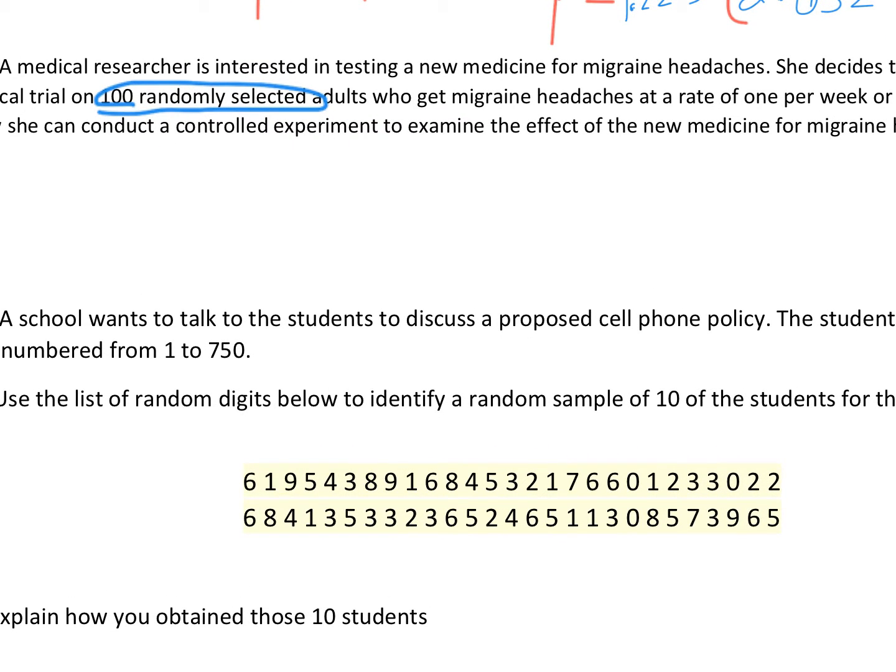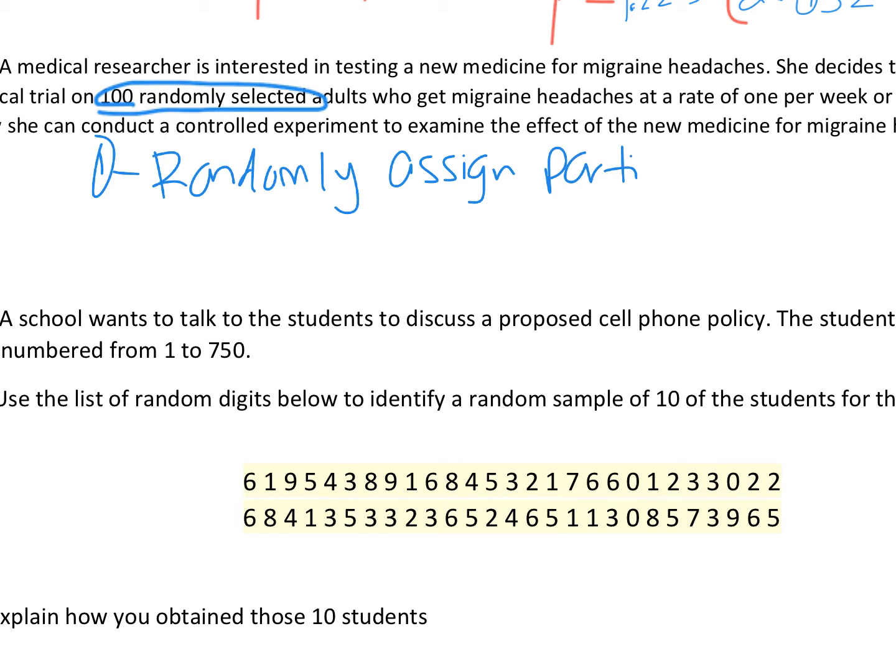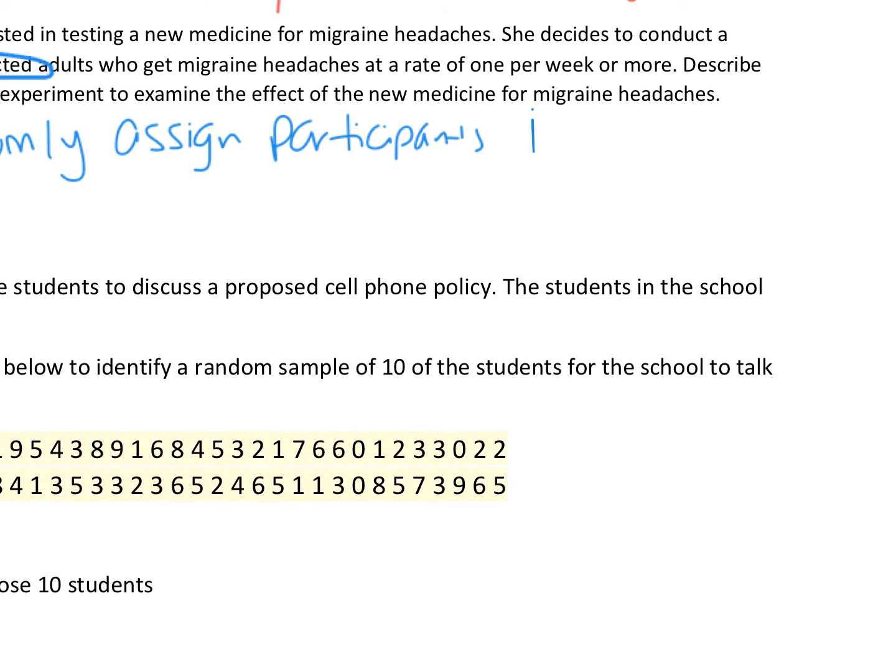Remember, it's not necessary, but we definitely need one thing to happen after random selection. She needs to randomly assign. You could write this in sentences or bullet points, I don't really care. Steps, I'm doing one. Randomly assign her participants into